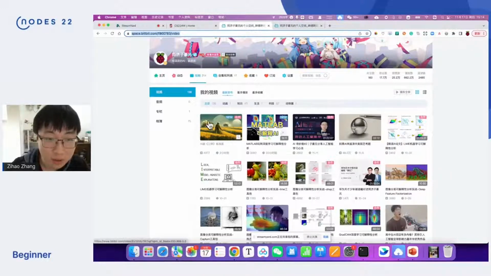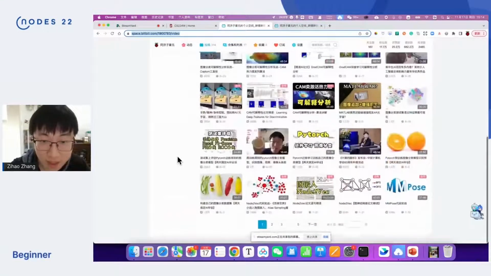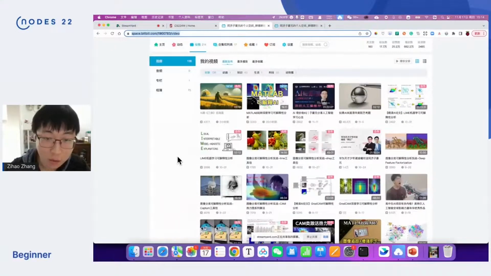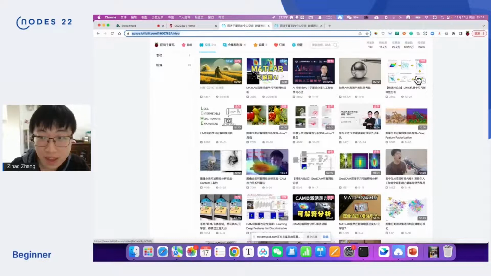This video is about using AI to draw pictures in science fiction novels. And I also made lots of videos about AI paper reading in object detection, image classification, as well as image segmentation and machine learning with graphs.